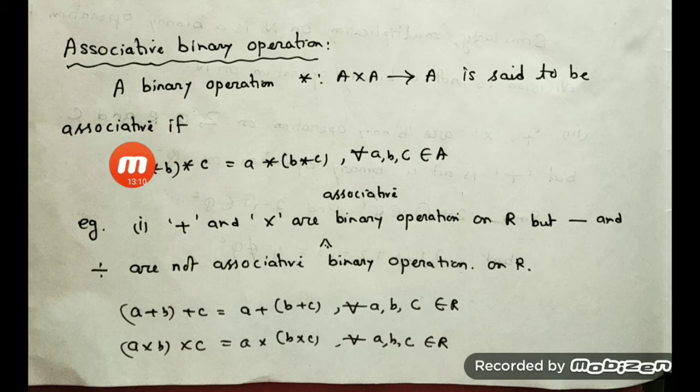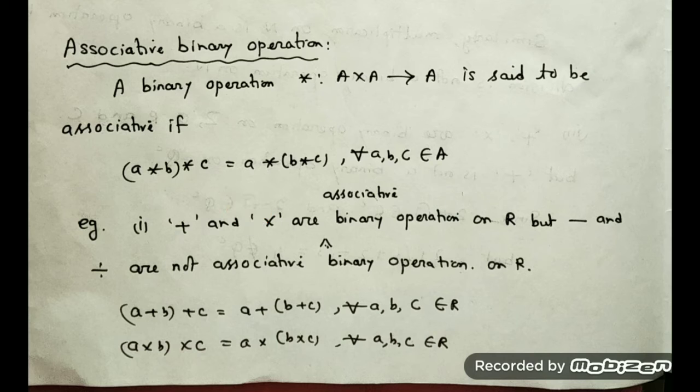That means when we do the operation first between A and B, it's a binary operation. So always in the case of binary operation, first we have to do the result for two elements and then we can extend it to three. So if I do the operation for A and B first, and then take the same operation with C, whatever answer we get, the same we will have in the case of this one. Here you see the position of the brackets is changed. In the first, the bracket is between A and B; here the bracket is between B and C. So in this case, first you have to do the operation on B and C, then the result with A. If this condition is satisfied, then the binary operation is said to be associative.